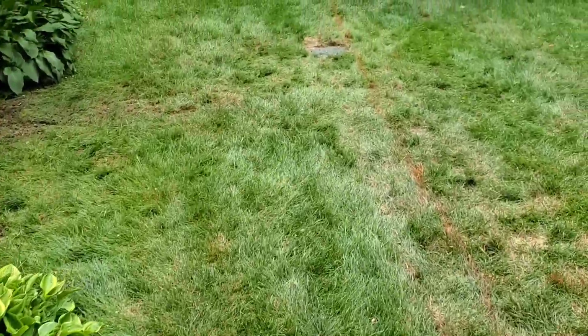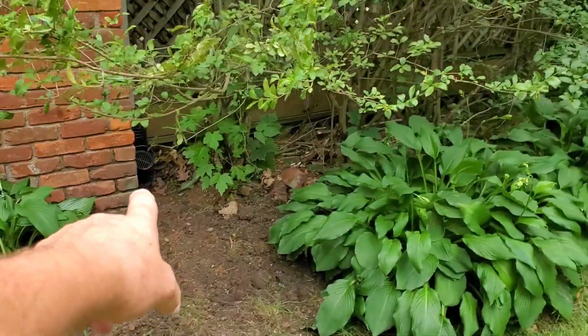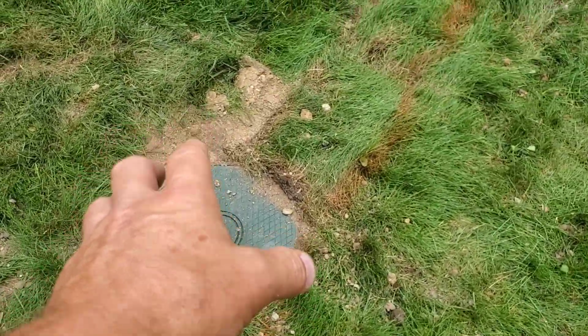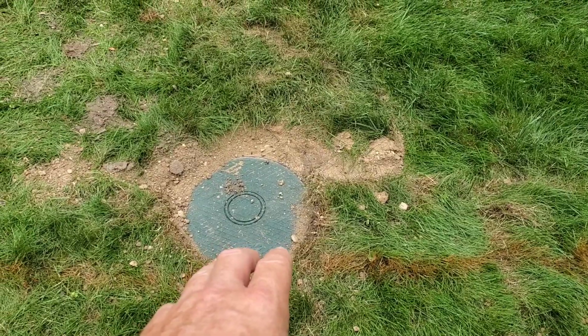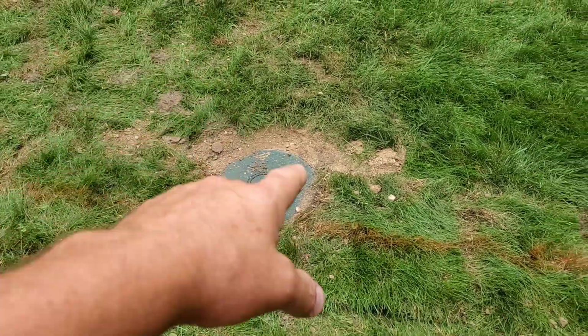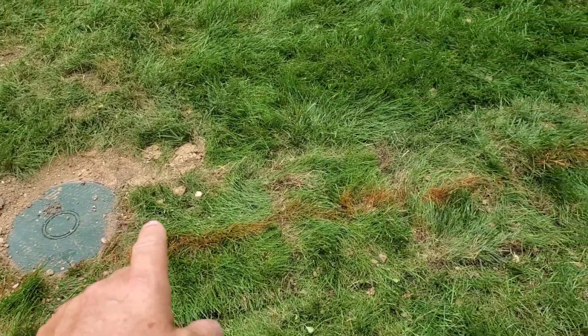So we have that downspout tied in with this downspout. They meet right here at this junction, and this is a D-box. D-box is an abbreviation and short for distribution box. So we're collecting water from two directions, two different downspouts, and then we're distributing that water